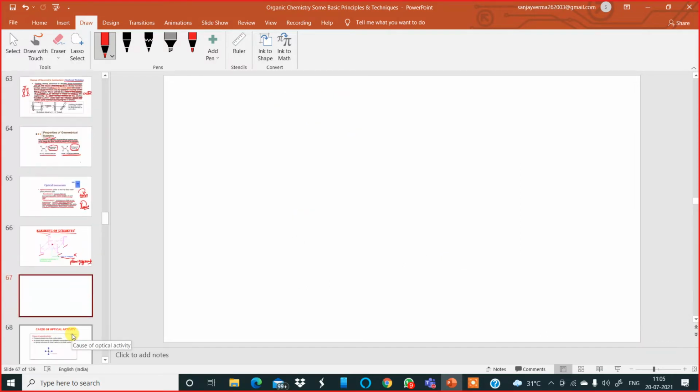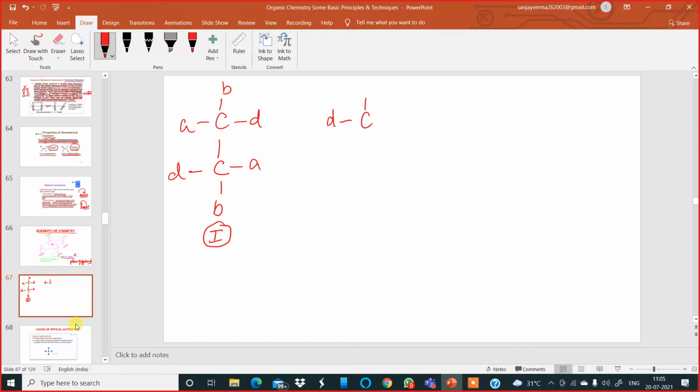For example, look at the example which I am going to draw on the screen, very carefully. There is an imaginary organic compound like this: B over here, A over here, D over here, D over here, A over here, and B over here. This is number one. Then the second one I can write D, C, D, A, another carbon, then D over here. These are all atoms. This is example number two.